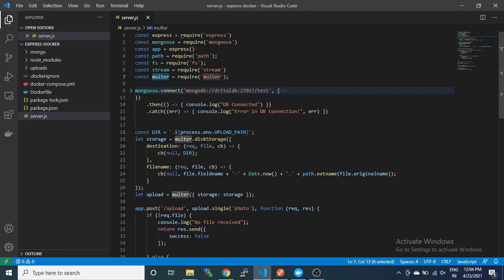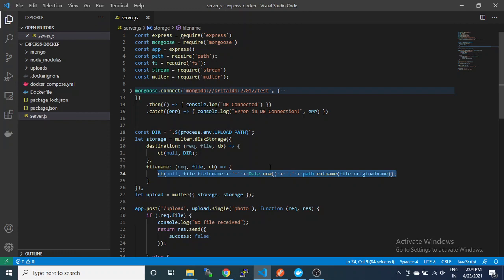we have imported multer, and we have created the disk storage, and we have created two functions here, destination and filename. Filename will return the file after renaming it with any GUID or the date, so that in the saving place you have files with different custom names and the names will not overlap.